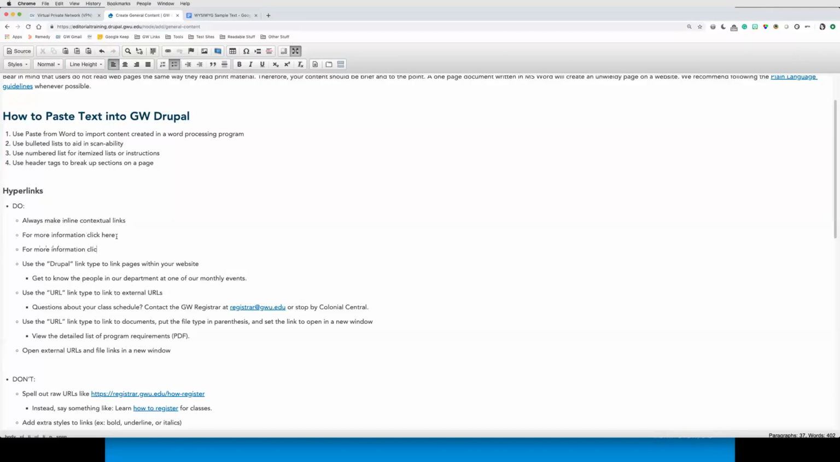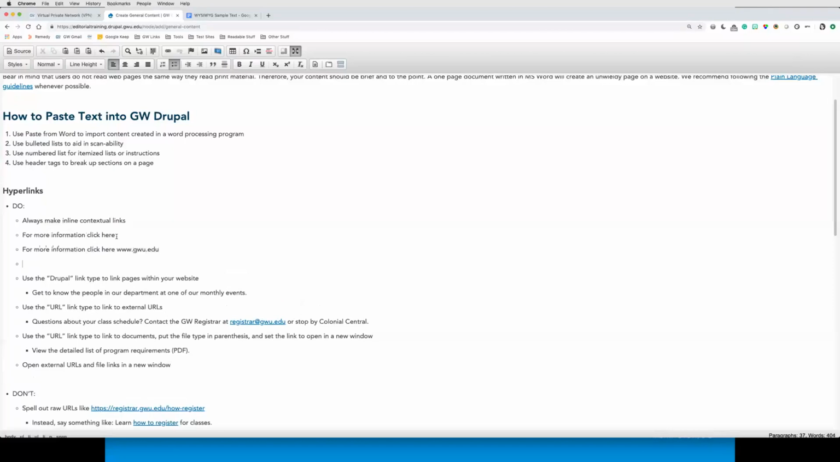So then the other thing we see is for more information, click here, and then you'll see the link on the page. You also don't want to do that. This will automatically get turned into a link when the page is published, so it will be a functional link. But from an accessibility standpoint, my screen reader might not know how to read this. So it might read it letter by letter to me, which is not helpful to me to sit here and hear